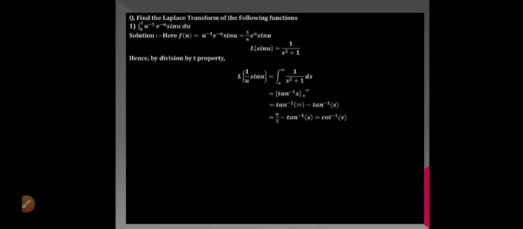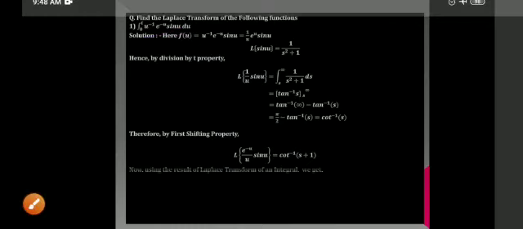Now again, this is not the final answer. Still we have to apply the first shifting property for this e raised to minus u term. So we get the result as L of e raised to minus u sin u upon u equals cot inverse of s plus 1, as by first shifting property this s becomes s plus a, that is s plus 1 in this case. So simply cot inverse of s plus 1 is the result. Now this is the Laplace transform of the complete integrand in this example.